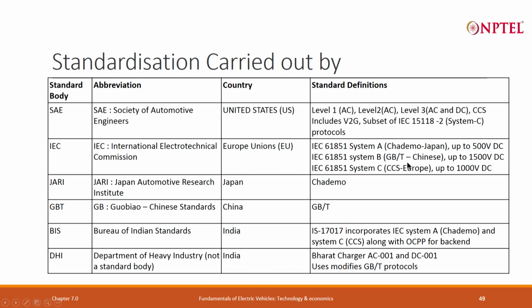System B is GB/T, which is a Chinese standard defined by the standardization body in China, and it goes up to about 1500 volt DC. System C is a European standard, again specified by IEC, and it goes up to about 1000 volt DC. Okay. Now, BIS in India is the standardization body, that is Bureau of Indian Standards, and that is what specifies